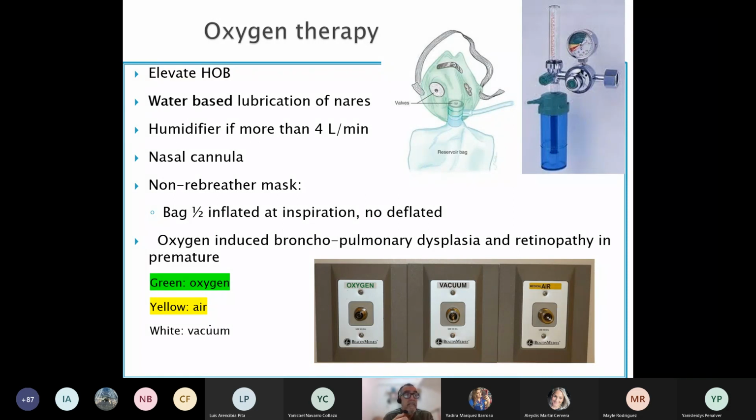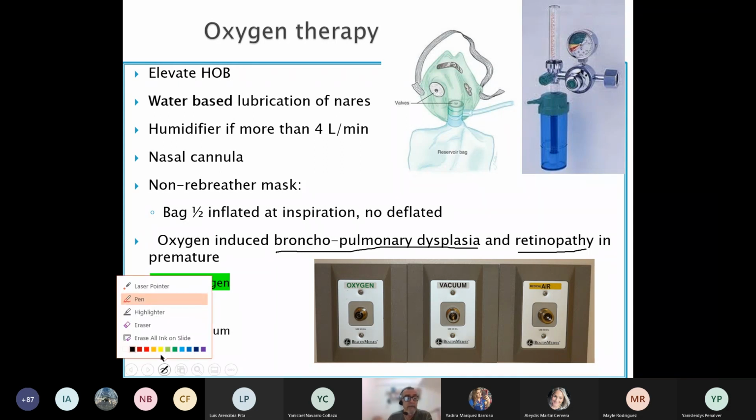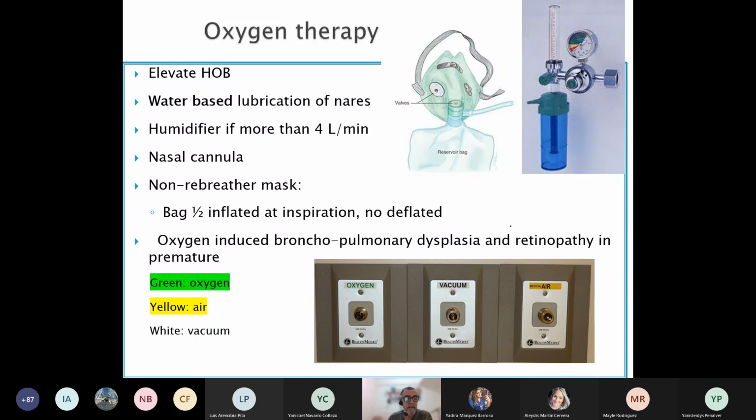Giving more oxygen than needed is going to produce complications like dryness of the airway, atelectasis, pulmonary hypertension, and something called bronchopulmonary dysplasia, and in premature babies, retinopathy that can even produce blindness. So be aware that oxygen toxicity has been tested. You need to be knowledgeable. It's more frequent, of course, in pediatrics.